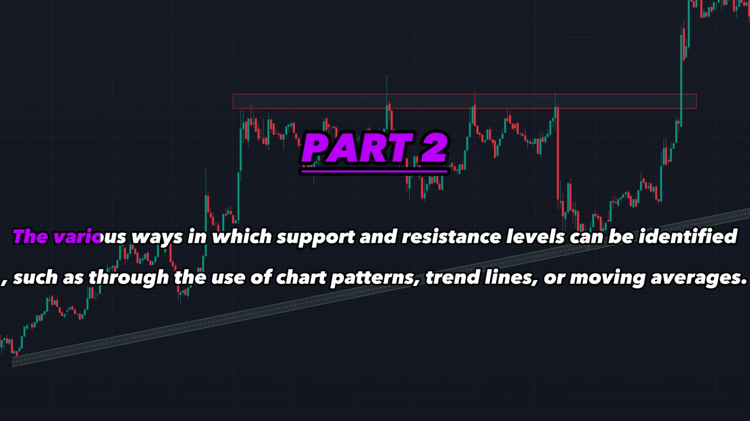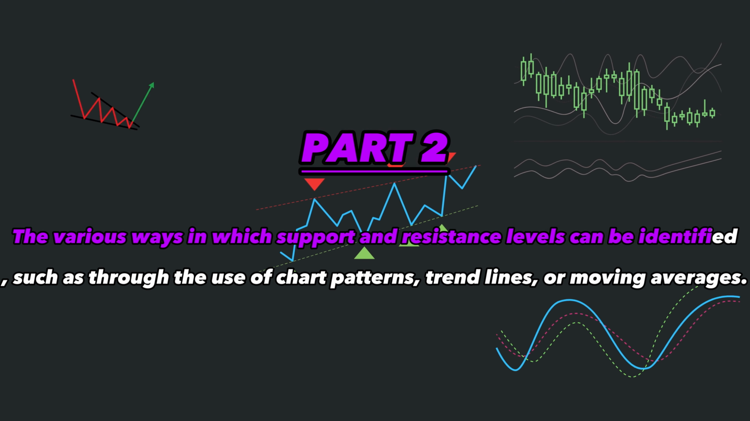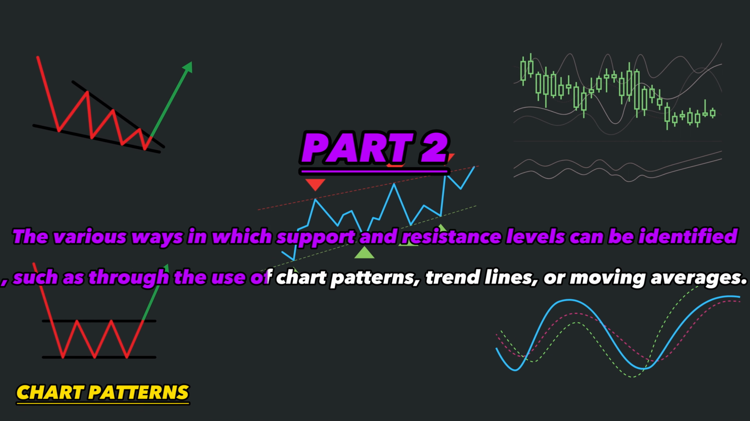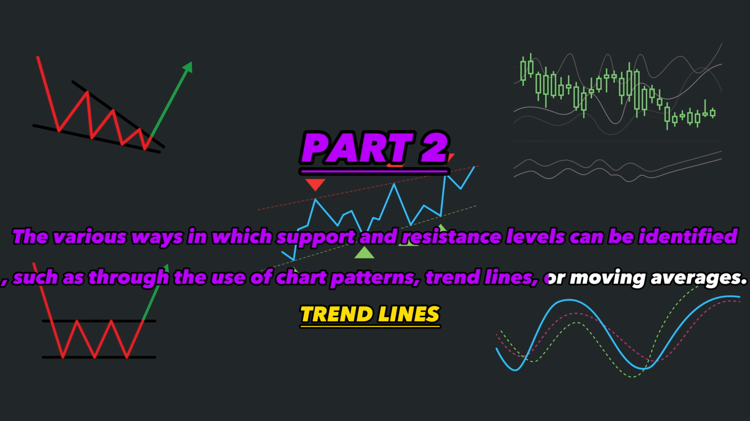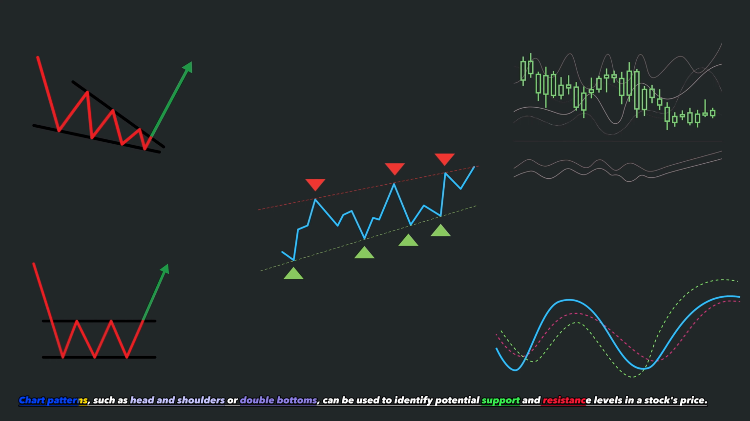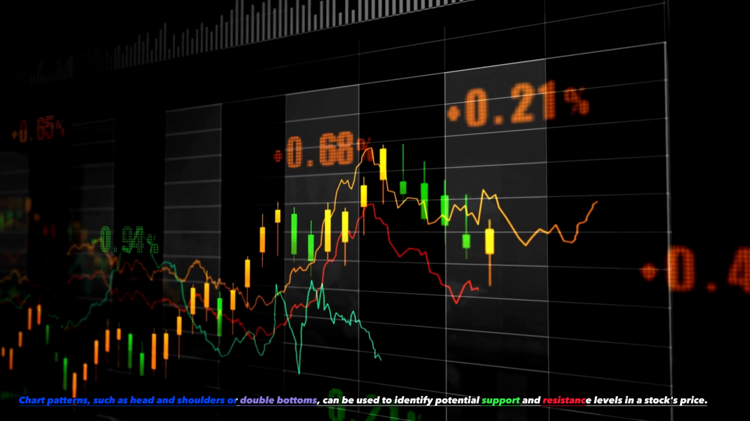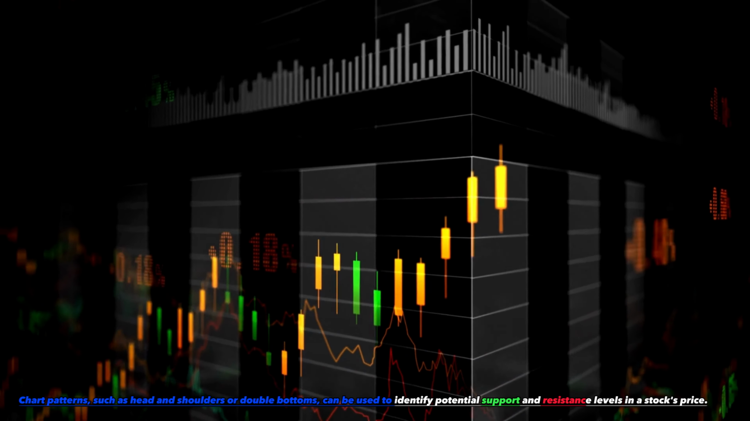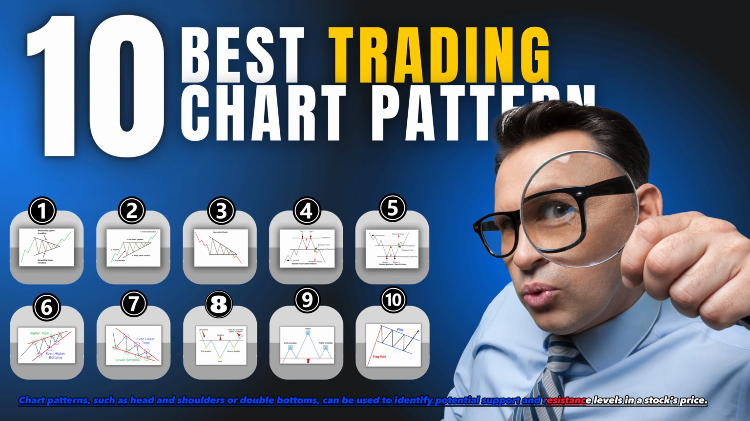Part 2. The various ways in which support and resistance levels can be identified, such as through the use of chart patterns, trend lines, or moving averages. Chart patterns, such as head and shoulders or double bottoms, can be used to identify potential support and resistance levels